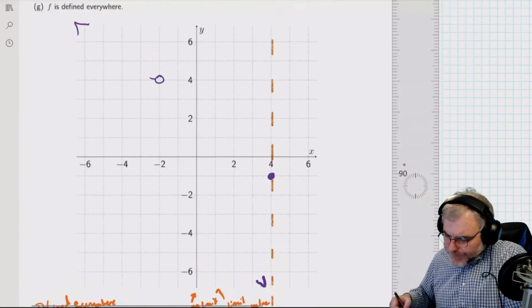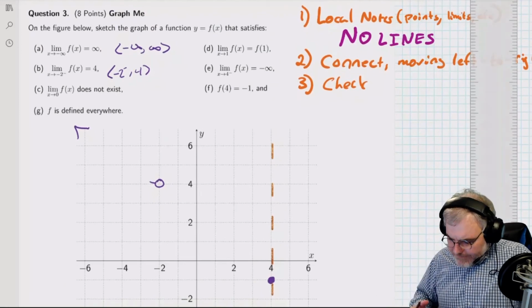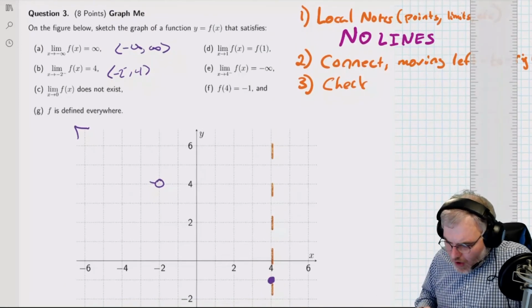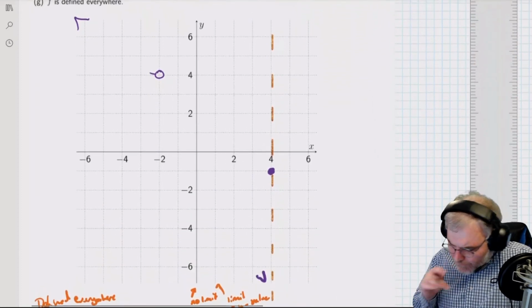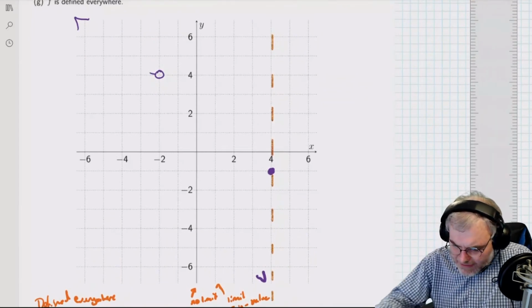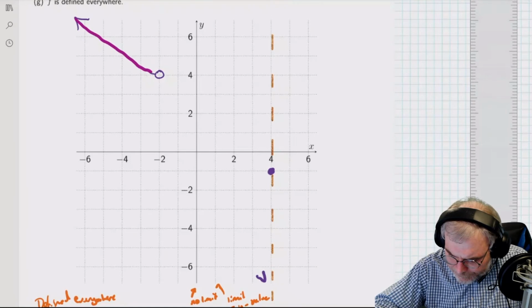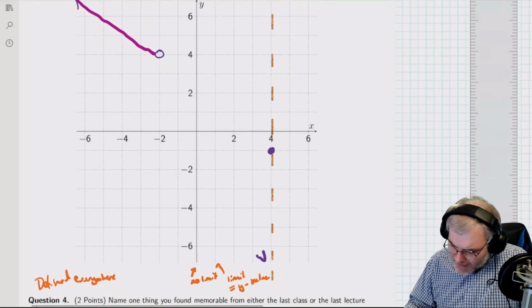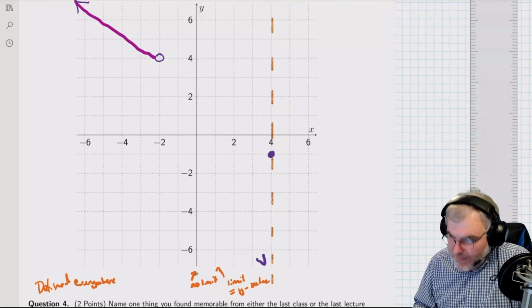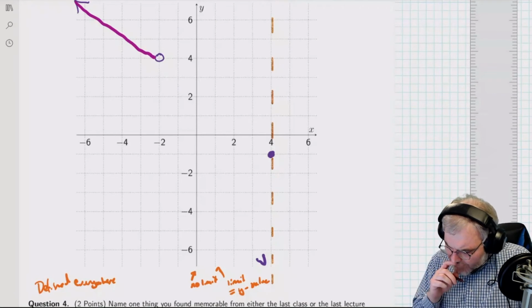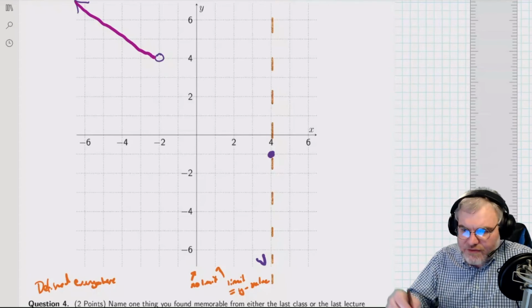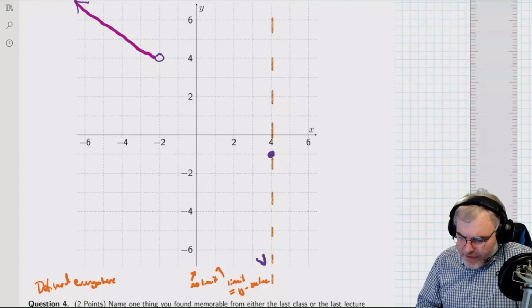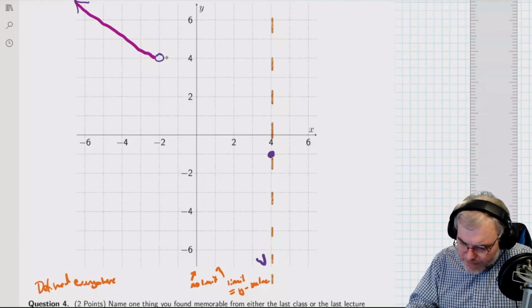Now step 2 is to connect the dots. So now is when I'm going to draw this thing. I don't even need to look at these conditions anymore. I need to just look at my graph and where everything is. Left to right, this connection's pretty easy. I'm just going to do it. Now, I've got this no limit condition happening here on the bottom, but I don't really have anything else going on. So I just need no limit here. I could draw a squiggly thing to make it look like sine of 1 over x, but I can actually just do this.